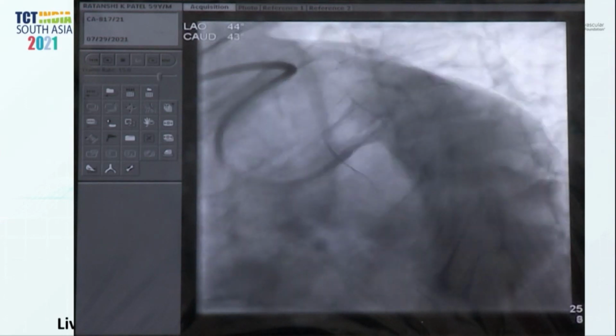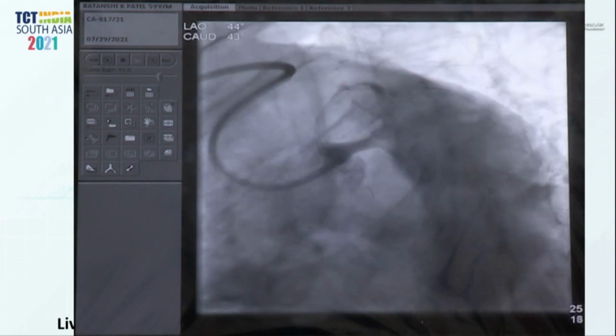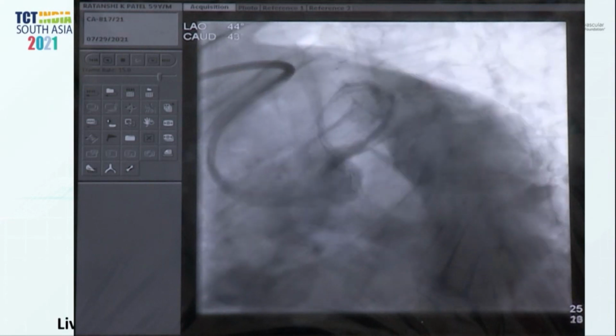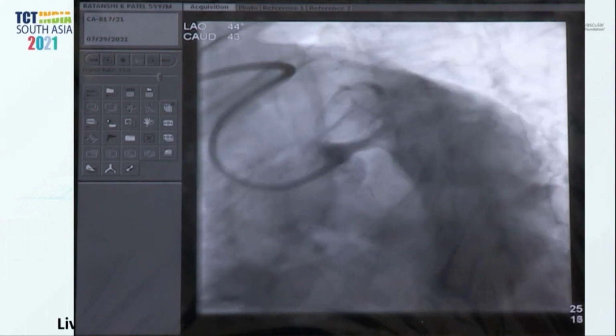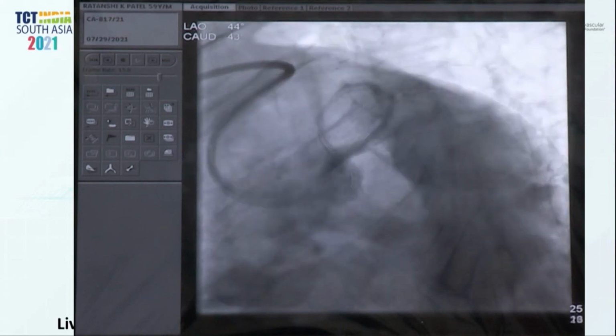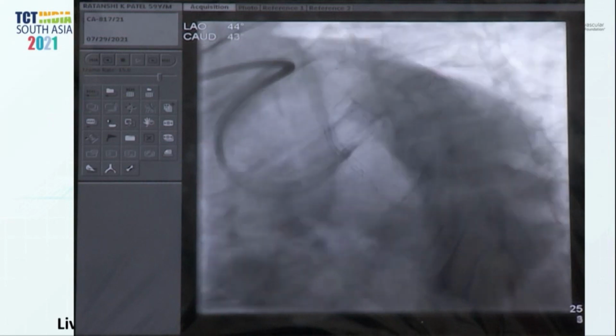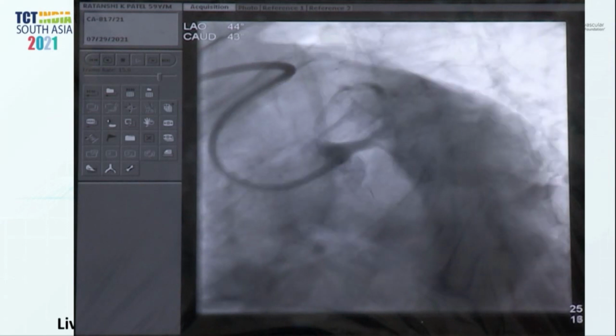Because if you see only the proximal vessel, sometimes you could end up, though these later generation stents are very good and compliant, they adjust according to the diameter, but if you stretch it too much, probably edge dissections could happen. Where the proximal and distal vessels are different, you could select a size somewhere in between, deploy at very low pressure, and then dilate proximally with a bigger size balloon. That is a normal routine approach.